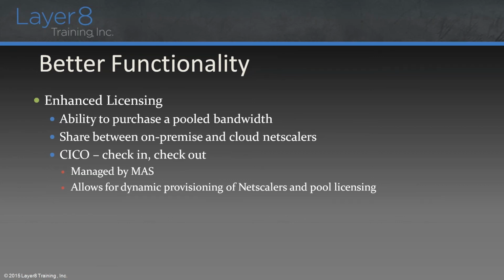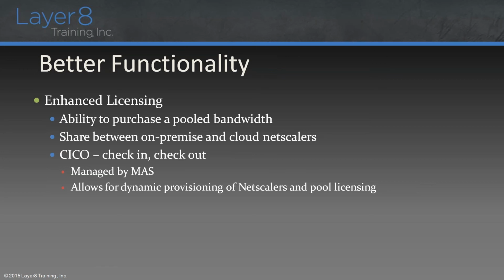Okay? Another exciting thing that's coming down the road is some changes to licensing. Okay? What we've traditionally done is we've gone in and they've created SKUs for different products. So if you want a 10 meg NetScaler, there's a product that they will sell you. You want a 20 meg NetScaler, there's a product that they will sell you. You want gigabit, you want 3 gigabits. Now, they've actually gone in and increased that. So if you've looked at some of the NetScalers that have come out in the past year, they're no longer limited to that 3 gig bottleneck. So now you can get a 10, 20, 40, all the way up to 100 gig